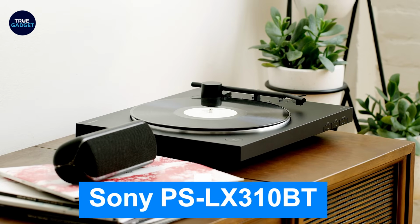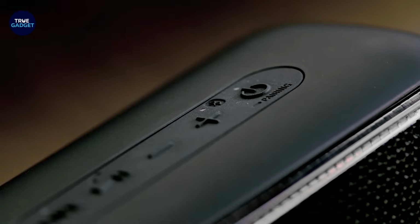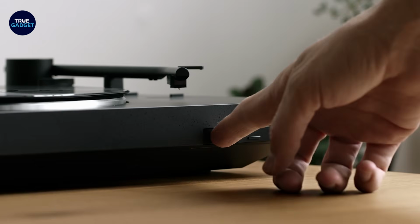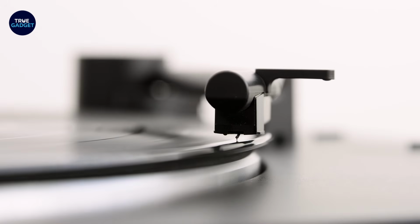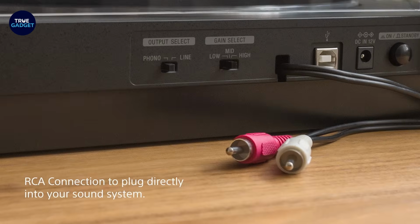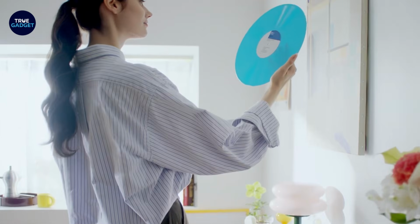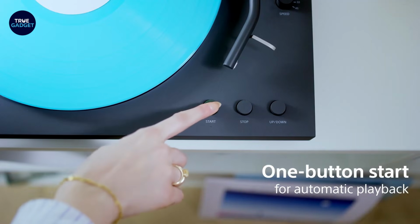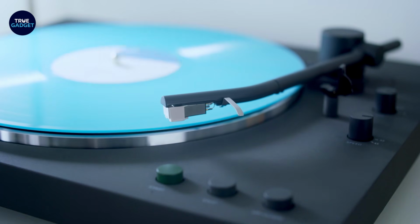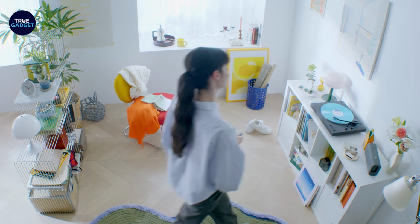Number 2. Sony PS-LX310BT. The Sony PS-LX310BT is made for novices who wish to enjoy vinyl records without having to cope with difficult settings. Because it is a completely automatic turntable, you only need to press one button to begin and end playing, making it incredibly user-friendly. Its Bluetooth connectivity, which makes it simple to attach wireless speakers or headphones and adds